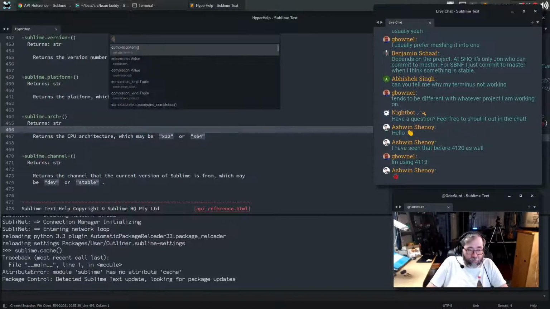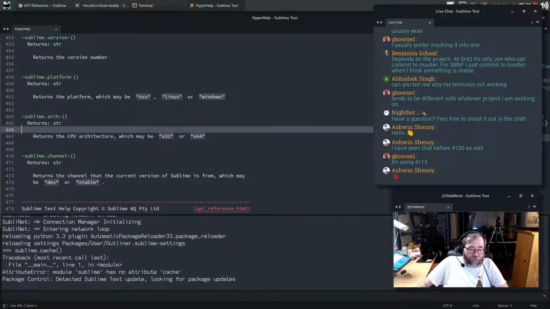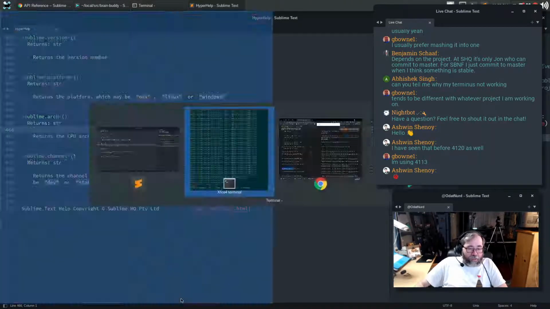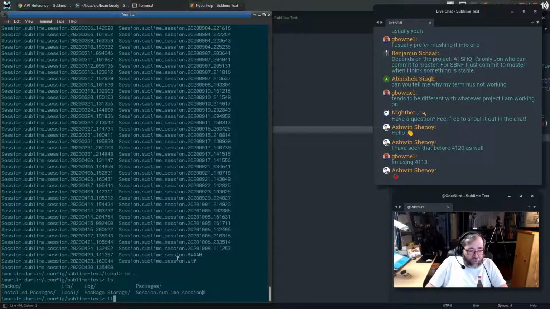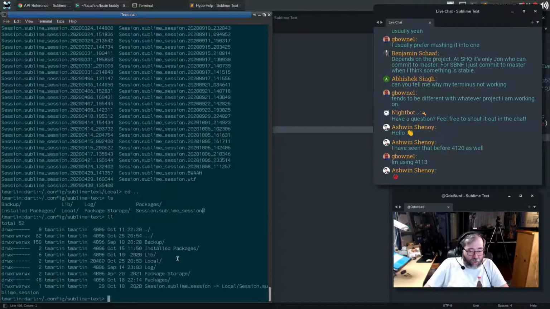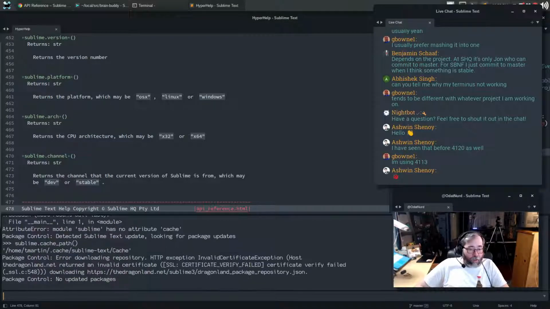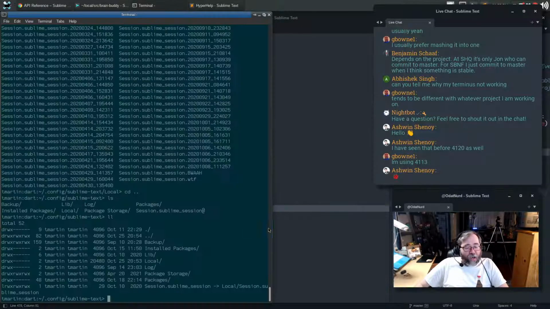Cache path. Oh, it's just a top level directory that I'm apparently too blind to see. Home T Martin. Oh, it's in .cache. Right. Oh, my bad. I forgot it was moved.